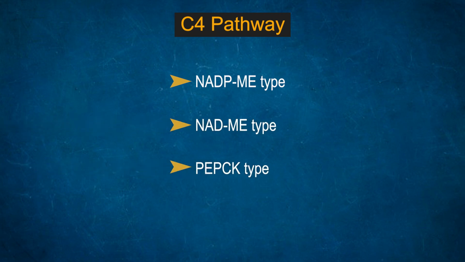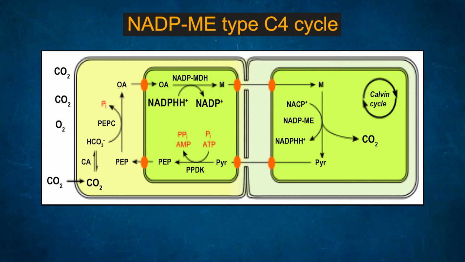So there are three major types, and these three major types are mostly formed because of the unique enzyme. Let us consider the first type, that is the NADP-ME type, where the carbon dioxide is fixed and the PEP carboxylase is active, and that will produce the oxaloacetic acid in the bundle sheath. And this oxaloacetic acid will be converted to malic acid because of the reducing process of the NADPH, and this